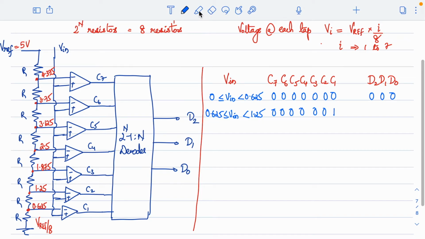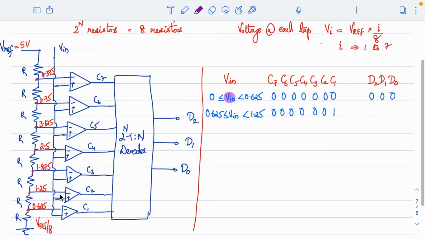So look at the first case. I'll repeat. When your input voltage is less than 0.625, all comparators' minus inputs are either at 0.625 or at a greater voltage. That means automatically all the comparators will produce a 0 output because of the higher voltage at the negative input terminal, right? Now when it comes to the second case, in the range of 0.625 to 1.25, only for comparator